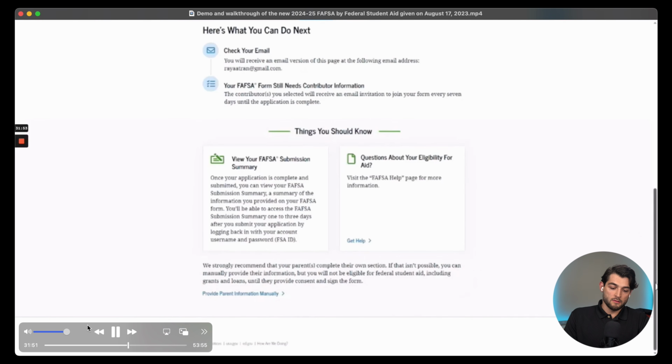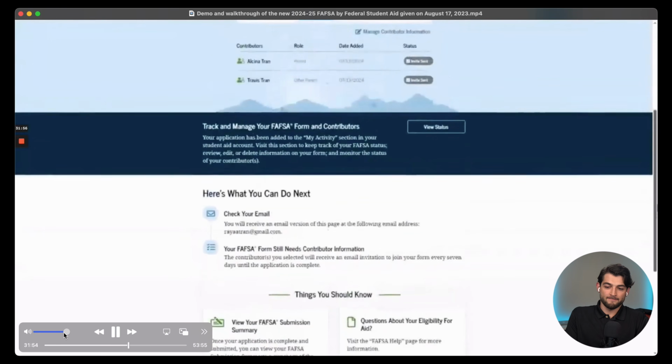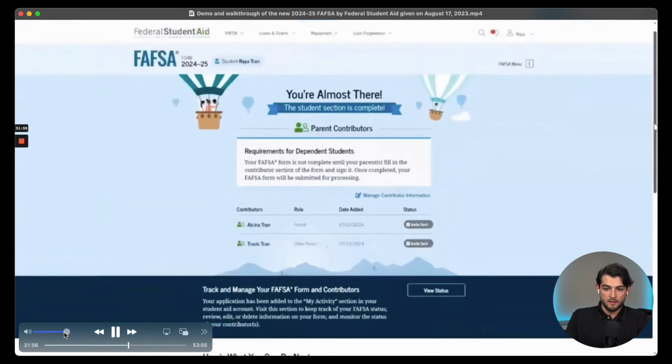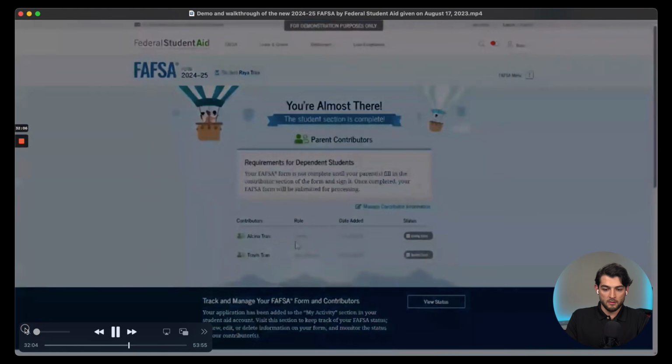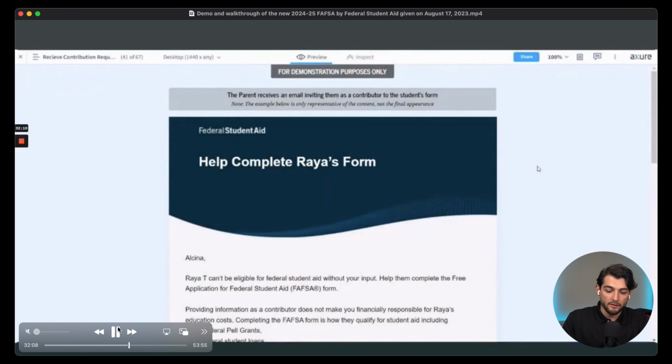In this case, though, I have a very cooperative parent, and that's Alcina. And so at this point, I'm going to turn things over to Kim Wells, who's going to walk us through the process of completing the parent section. So it is important that the parent helps the student complete the FAFSA form. And as she explained, if a parent does not help the student complete the form, it will just make the process harder, and it could affect the student's odds of earning federal student aid. So parents, help out your students, and let's see what the information looks like from the